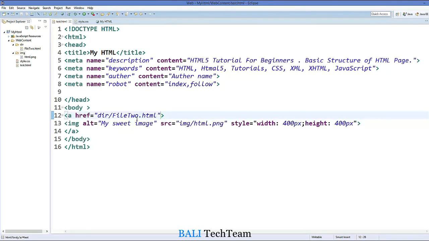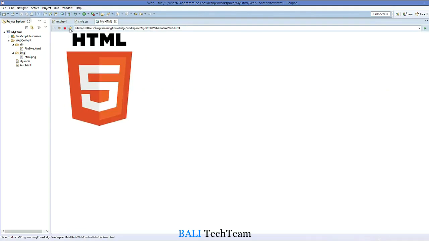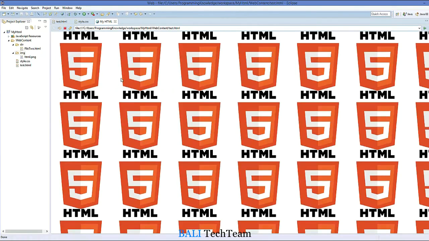Okay, now let's see how we can add a background image to our HTML page. So I'm going to remove all this, and to add a background image there are two ways. One is just give in your body an attribute called background and give the location of the image which you want to set as background. For example, I want to set this image itself as a background, so I just write img/html.png